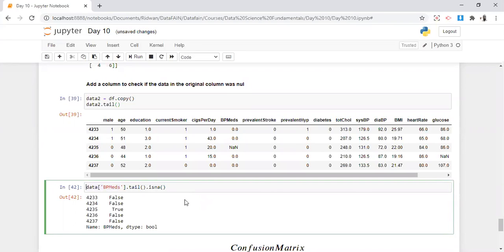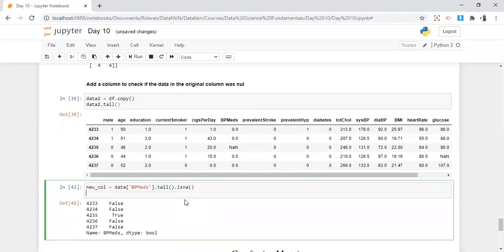Hold on, let me say new call. Then I can print out new call. So this is my new call. I deliberately made use of the tail, the bottom 5, just to illustrate. When we want to run it, we will be using the entire data frame. Now, if I want to assign this to this same data frame, I'll just say,